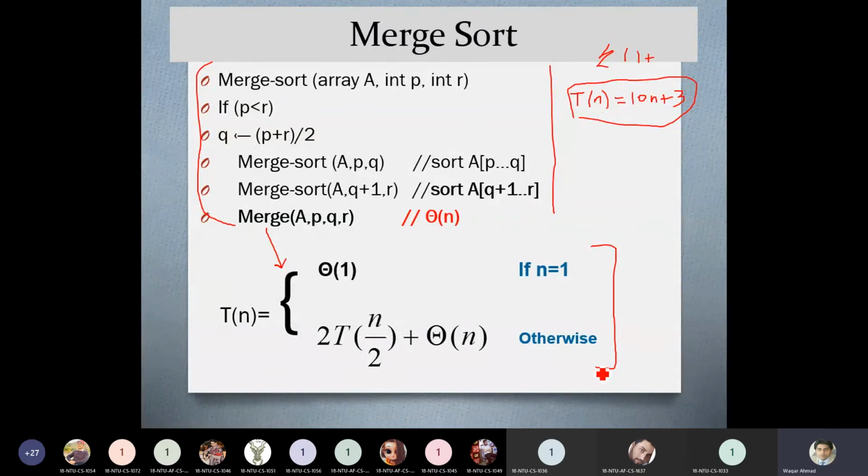The base part of the equation is already solved. We know that for n equal to 1, the time of the algorithm will be theta 1. But if n is greater than 1, we have to calculate the time of the algorithm for two recursive calls, and each recursive call is taking n over 2 elements. Later we ignored the floor and ceiling functions on the assumption n is equal to 2 raised to power k, and then we have this final recursive part of the merge sort equation.